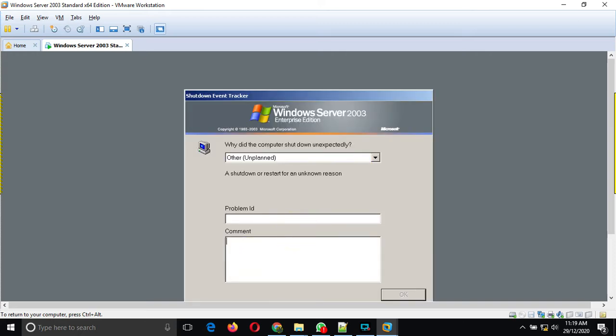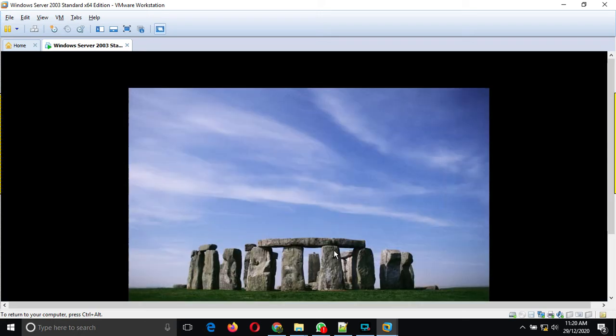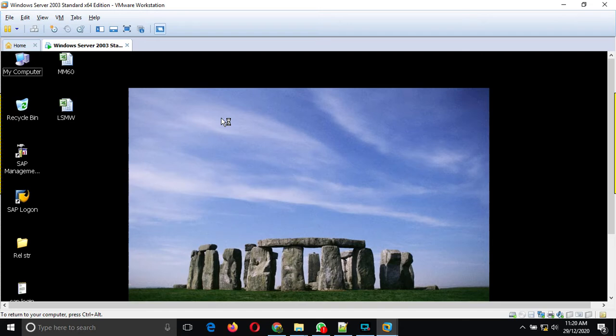When you switch off or log off your 2003 server the first time, the next time you open it you have to put in some comment, anything, and then you can log in to your Windows 2003 server. Now we have Windows Server 2003, and here we have the SAP Management Console.